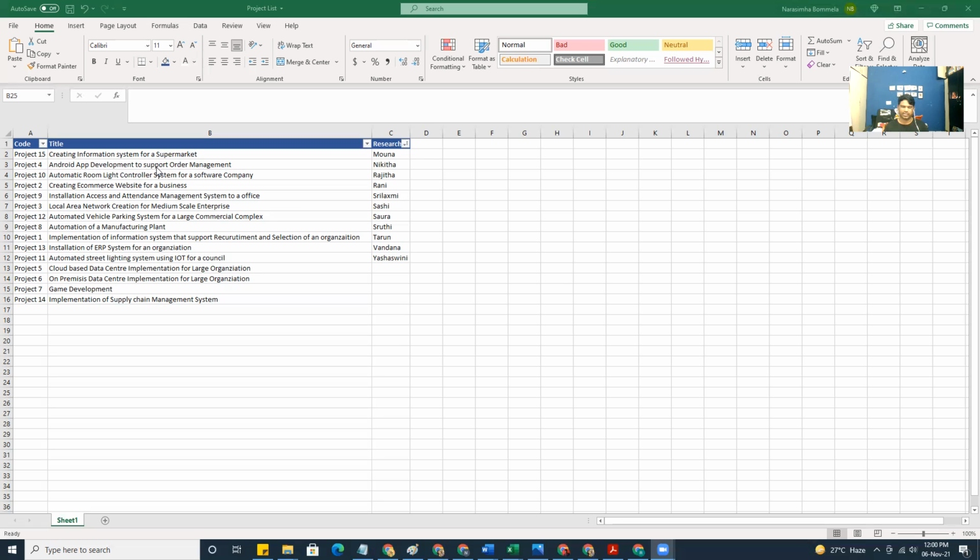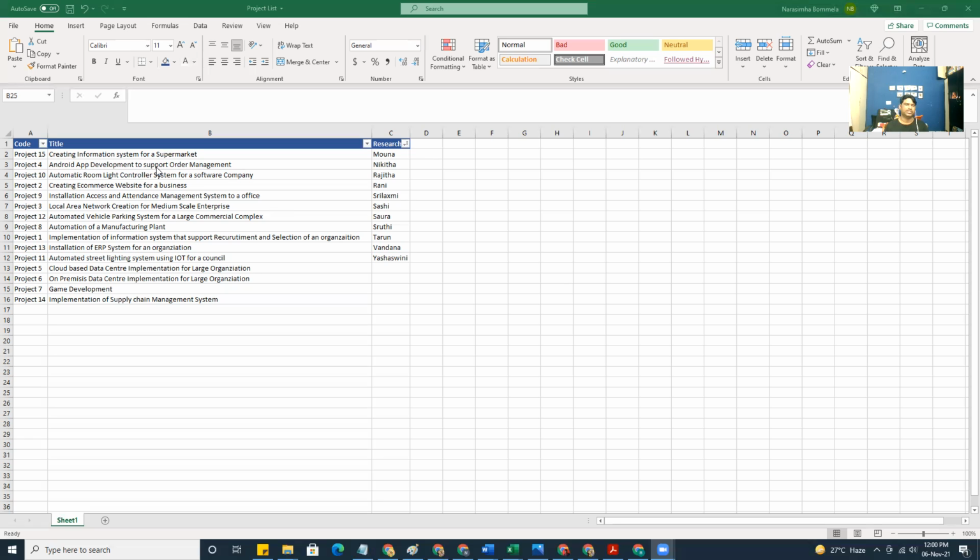Sometimes manual errors will happen because of which customers might not feel happy. So to overcome all those things and to increase the performance of the kitchen staff and the number of orders facilitated, we need an Android-based application to support order management. So very simple, that is the second project.